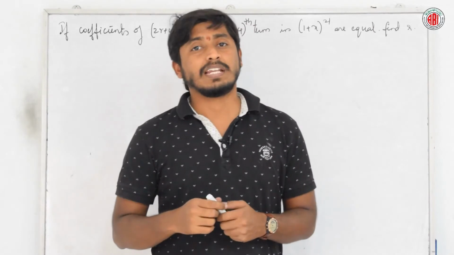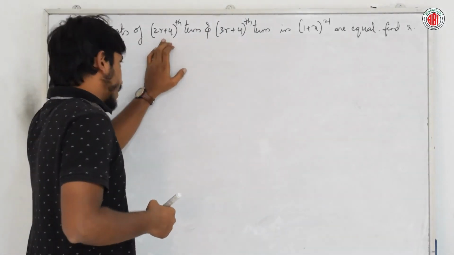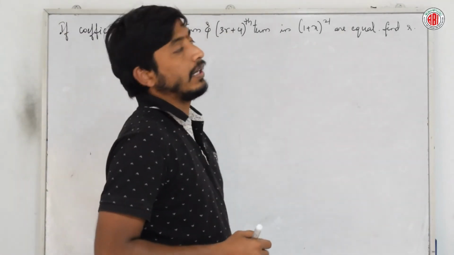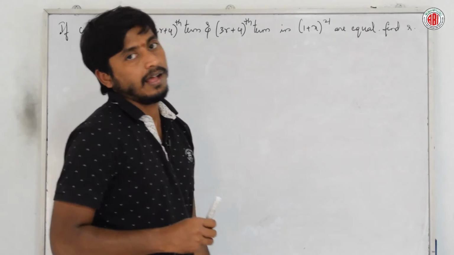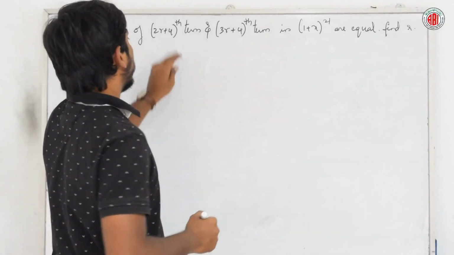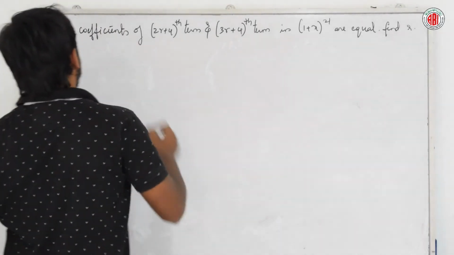Let's do. Look at the next question here. He is telling that the coefficient of the 2r plus 4th term and 3r plus 4th term in this expansion are equal. Then he is asking us to find the value of r. So how do we find? First let us find the coefficient of these terms, right? Then